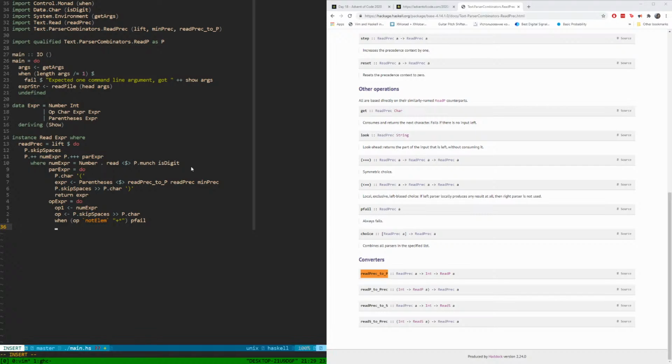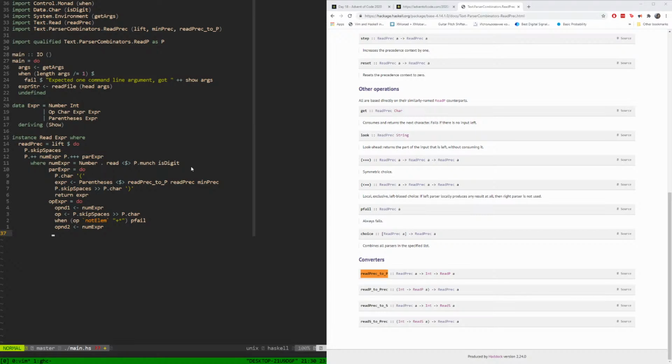That's operator, and let's operate two. Run. Num expression. Also we need